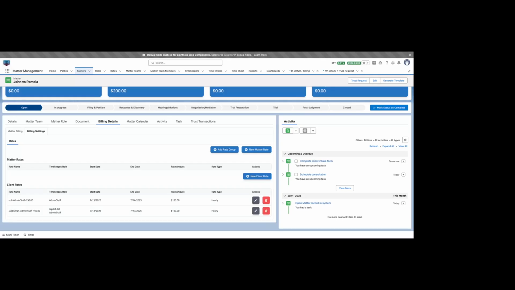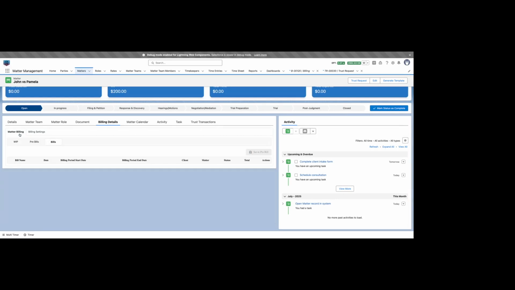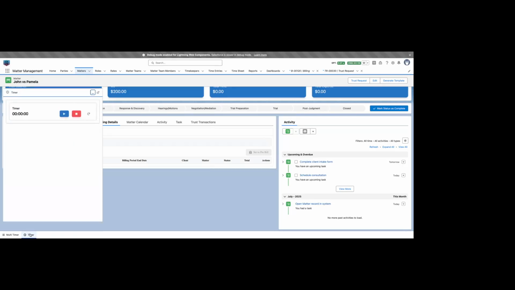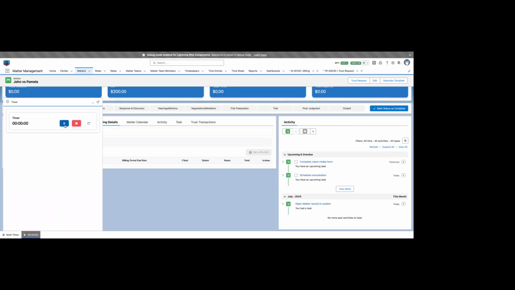Now let's go back to the time. We just covered how users can log time directly from the task view. But there's also another efficient way, using the built-in timer, which is at the bottom. As soon as a user begins working, they can start the timer in CaseQube. So let's say we started it. This started